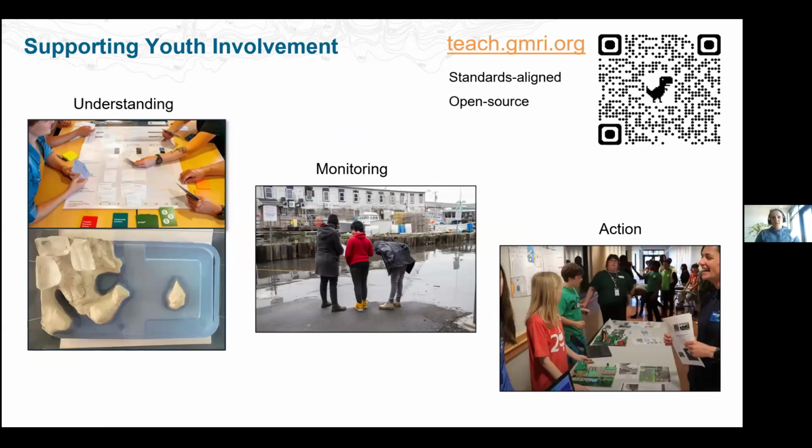And our education team developed a whole curriculum around this project because youth involvement is absolutely critical in, in my opinion, any sort of community engaged climate project. So it's a 3-part curriculum where they learn some of the basic science around sea level rise and coastal flooding and coastal adaptation planning in Maine and in their communities. They get out and make observations during some of the predicted high tides of the year. Then we found out they actually also really wanted to go out during low tide because they had trouble believing that a place could look so different just 6 hours later.